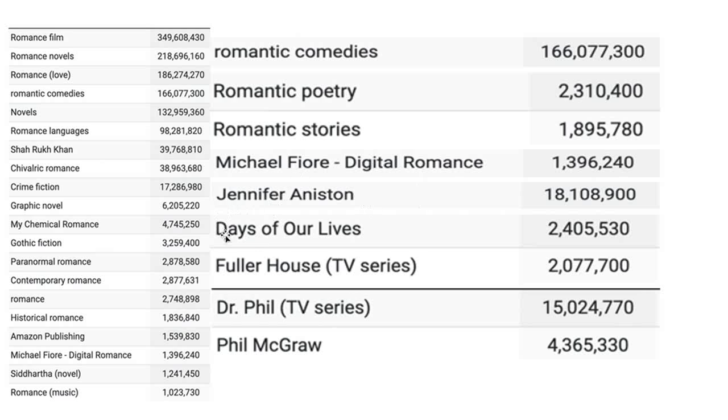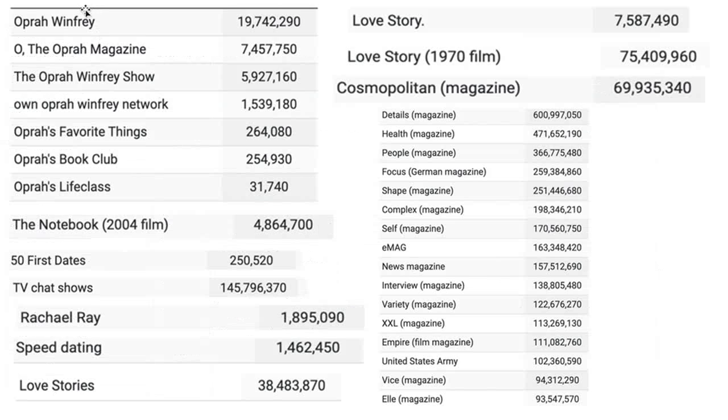as a target. Or we find daytime soap operas like Days of Our Lives tend to work. Even TV series like Fuller House and Friends and stuff like that. Daytime talk shows like Dr. Phil. Big audiences, and they tend to convert well in the dating relationships niche for women. There's different magazine types. There's Oprah Winfrey, of course. There's films that have specific names like The Notebook or Love Story, the 1970 film. So many people like these things.